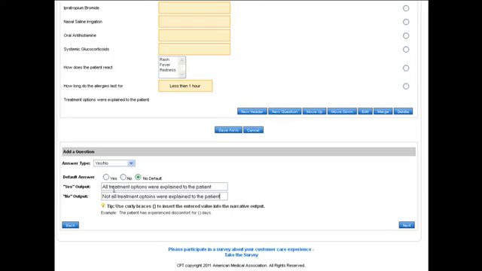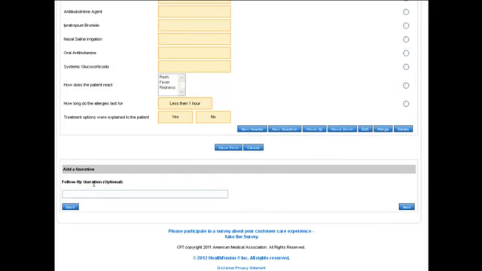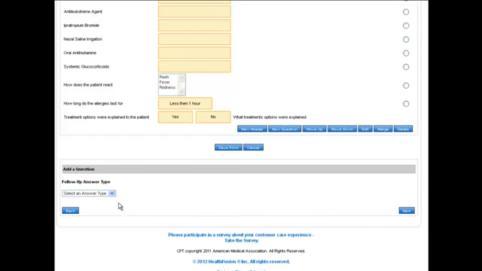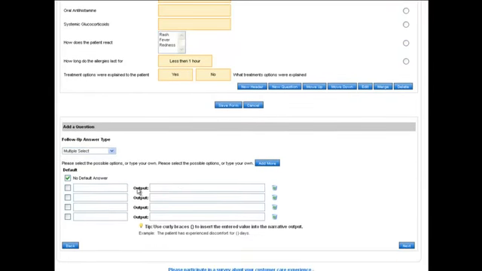So if I answer yes, this will be on the output. If I answer no, that will be on the output. You could click Next here, and you could do follow-up questions. So we could say what treatment options were explained, and click Next, and maybe this is going to be a multi-select. So if you use the curly brackets, that's going to insert the actual answer into that sentence. So the output, if medications was selected, would read, we explained that medications are a common treatment option,